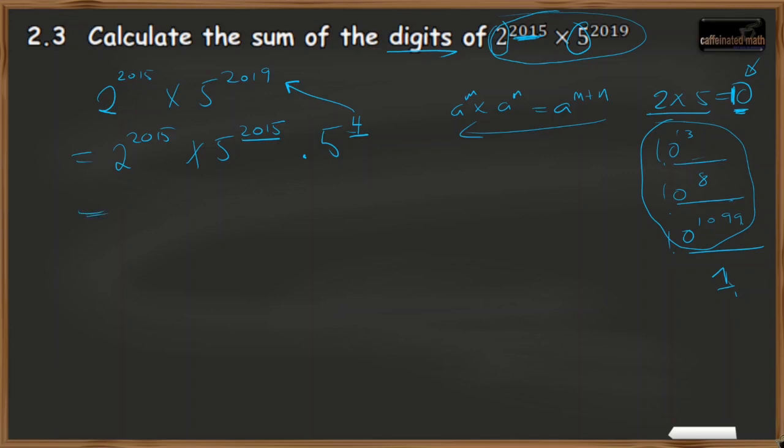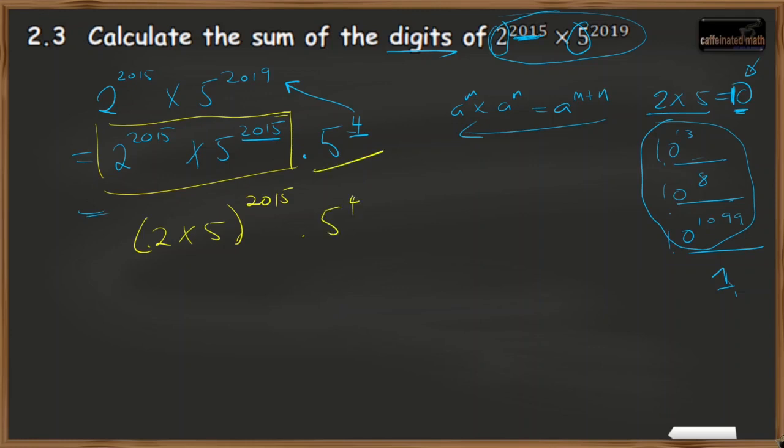Again, reverse application. Well, now I've done a thing, because this can be rewritten as 2 times 5 to the power 2015, and that one over there, 5 to the power 4, I'll leave alone for now because I want to get to this. This is just 10 to the power 2015 because I'm allowed to multiply inside the bracket. Again, I have just reversed one of my exponent laws, and 5 to the power 4, whether you do it by hand, nothing in the sum said without the use of a calculator, so that's just 625,